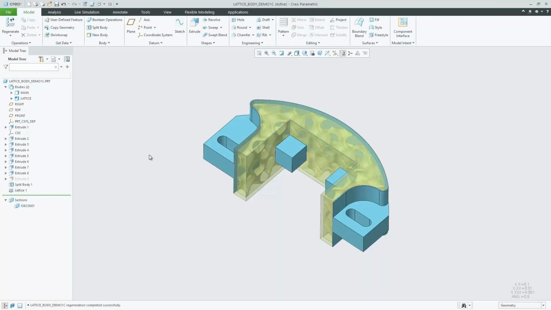You could select the lattice feature and say, let's split this into a new body, and then you could do what you want with all of that. So maybe you want one material for the shelled part, and then one for the lattice. So that's really the idea behind multi-body